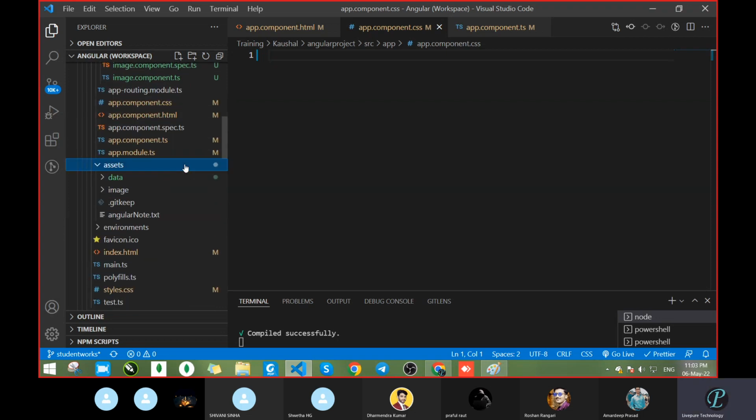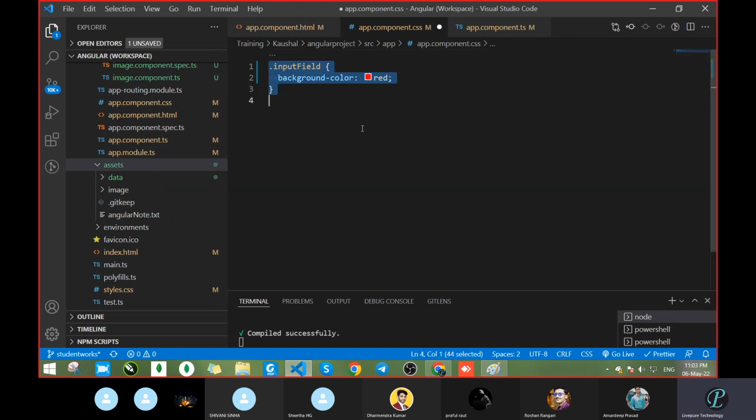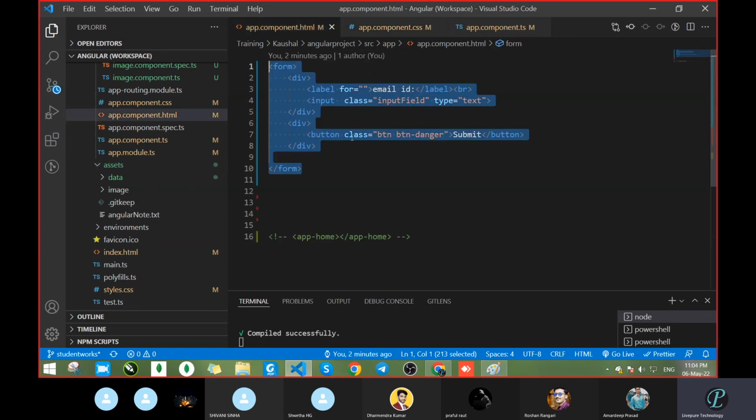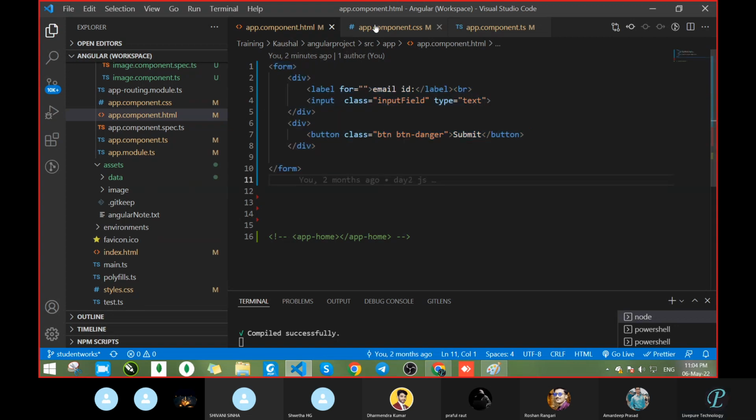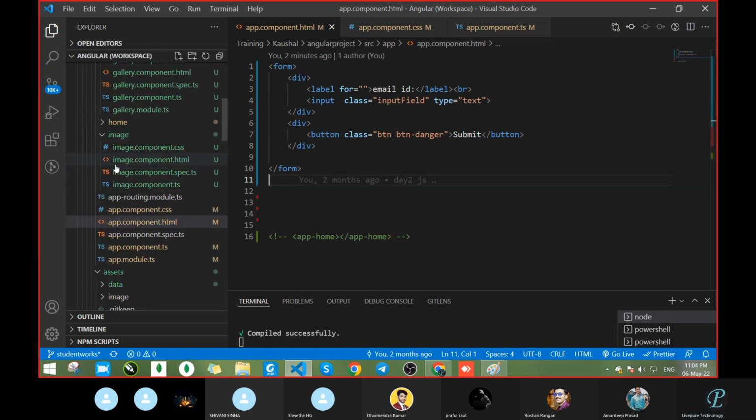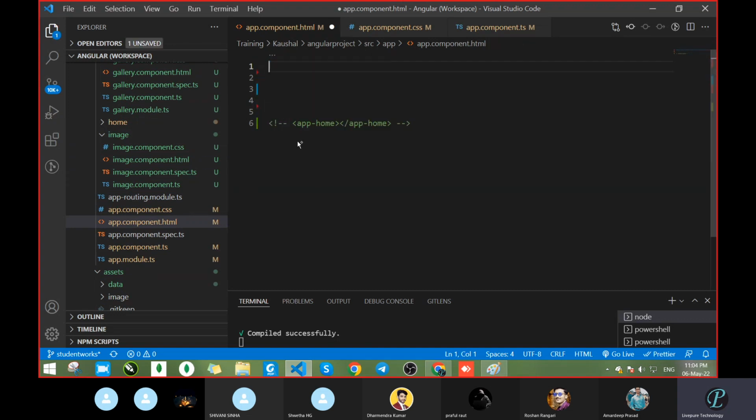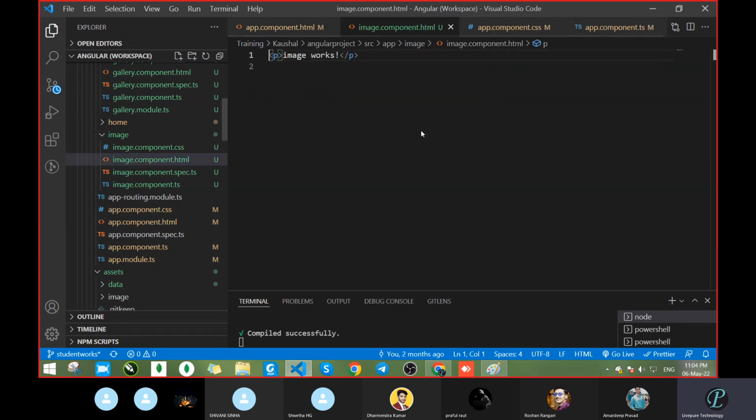Okay, so suppose the CSS which I kept inside app component dot CSS, let me keep it here and let me comment it. But I want this HTML on every page. Or do one thing. It will be better to cut this HTML first, and now see why we say Angular is about reusability. It means in the first class we had seen